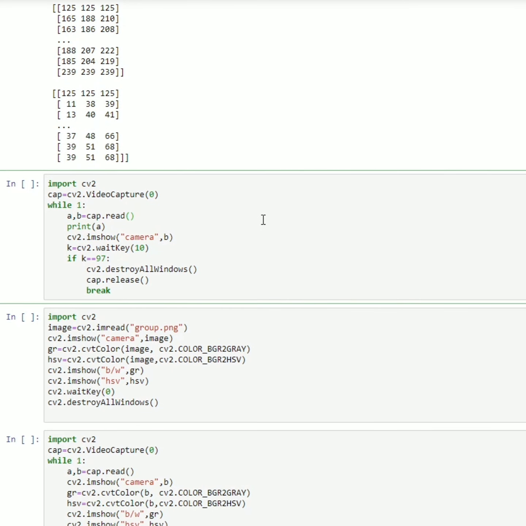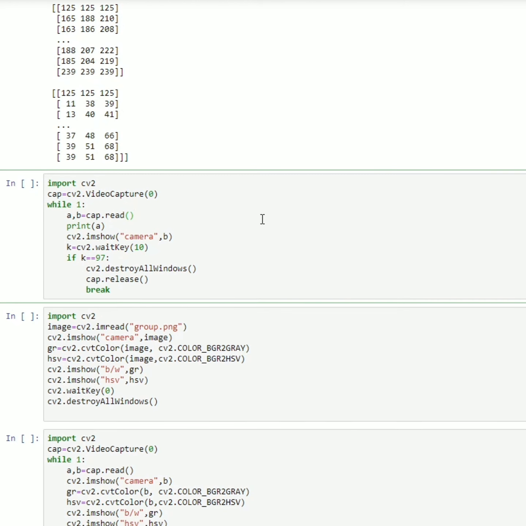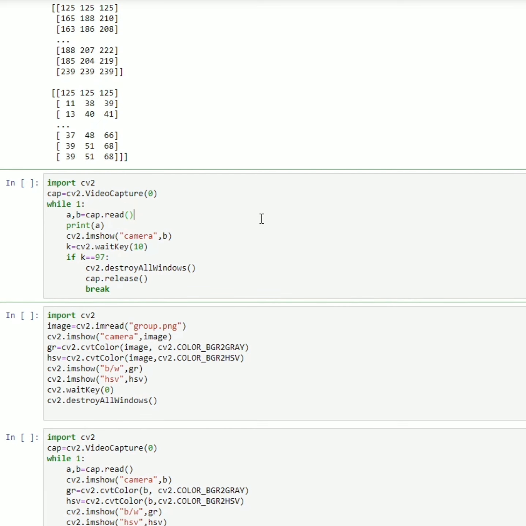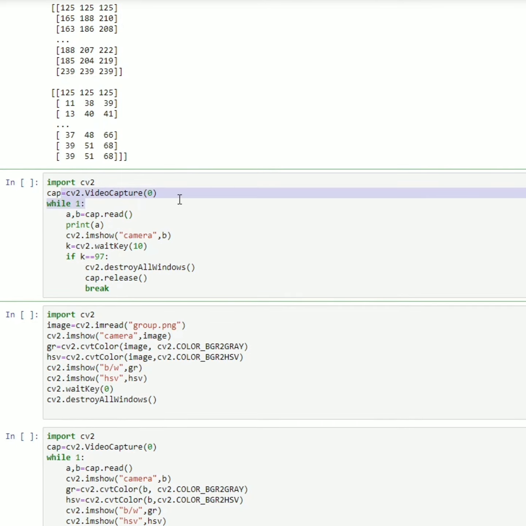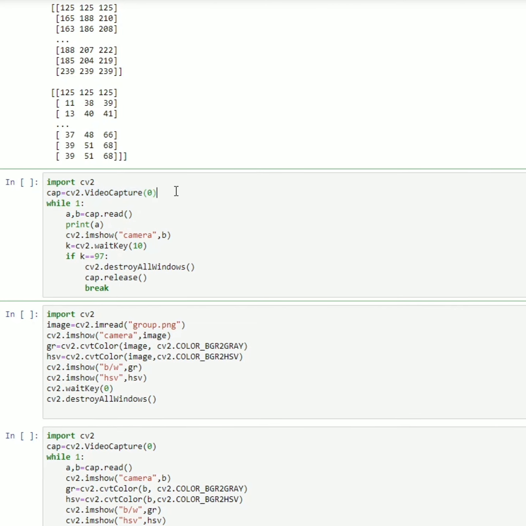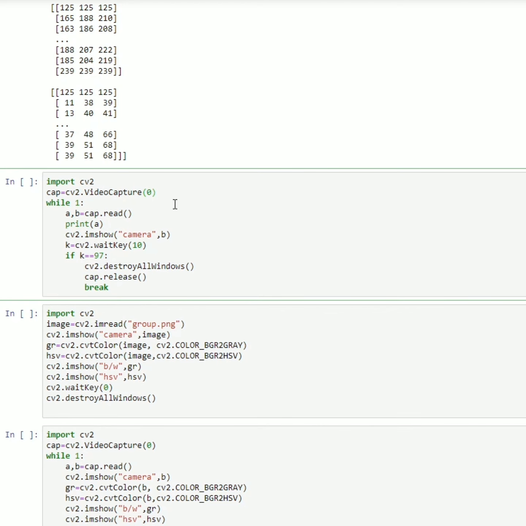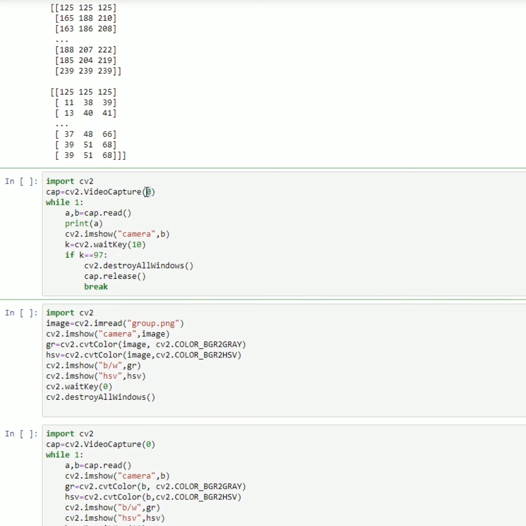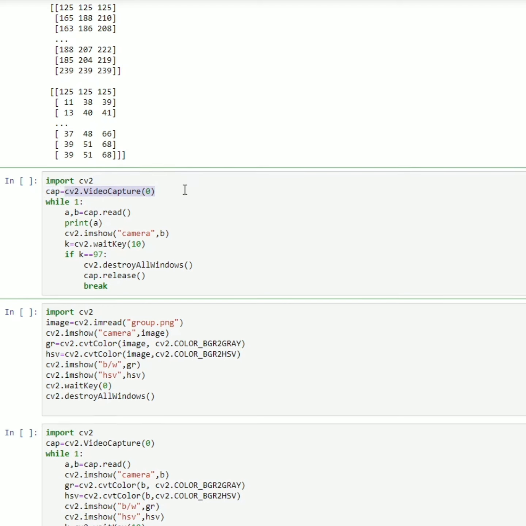Now here, let's do it for a live image, that is nothing but a video. When I say video, it is a collection of frames, that is, a collection of images. If you take 100 images consecutively and you run that at a very fast speed, that is a video, right? So first, this command cv2.VideoCapture(0) will trigger my webcam. It will turn on my webcam. If I put 1 over here, then if I attach some USB cam, that will get triggered. If I have 2 USB cams, I can use either 1 to represent my first webcam or 2 to represent my second webcam.